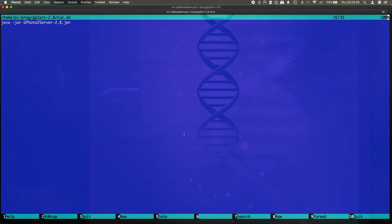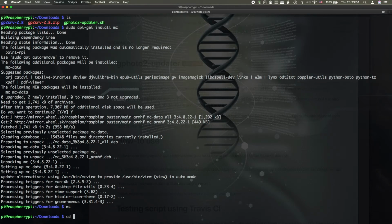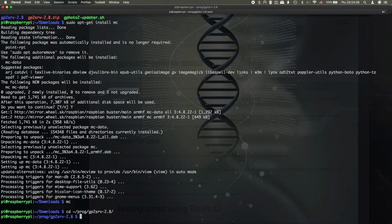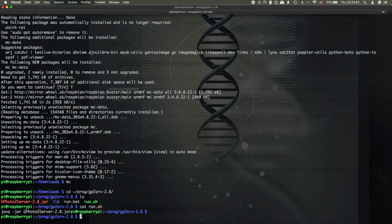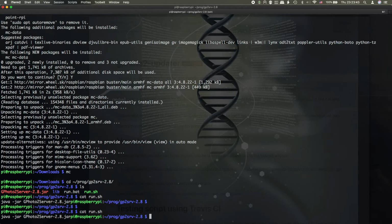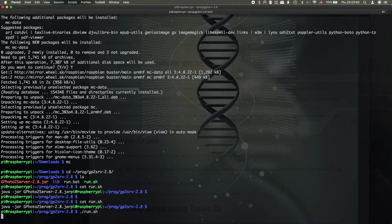If you click on view, you can see what's in that. It just says java -jar. So that's how easy it is to execute GPhoto2Server. You just type java -jar, but you have to be in that folder. GPhoto2Server.sh. So that's what. Oh yeah, it doesn't have the line break at the end of the line, but it doesn't matter. So if you run it,